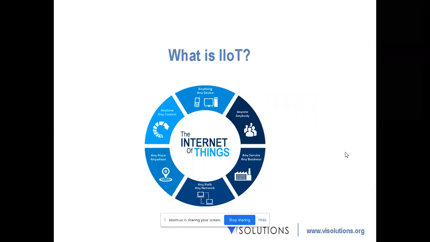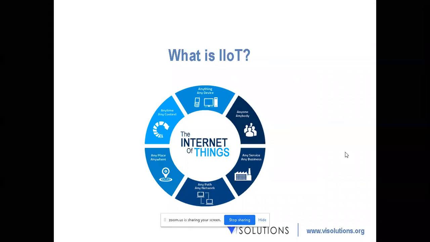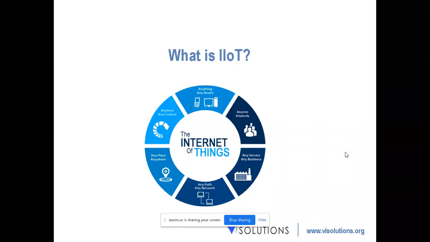So basically, everyone knows what IoT is. IoT is basically anything to any device. It's going to be connected, and each individual device is going to have its own thinking capability, thinking as in processing capability. It should be able to connect to the internet, to a centralized server, derive the command from it and take some action, right? So it should happen from anywhere, any place, any location, and to anybody.